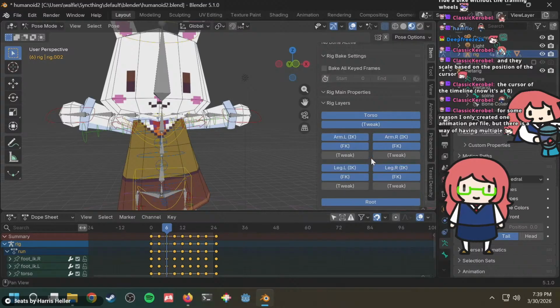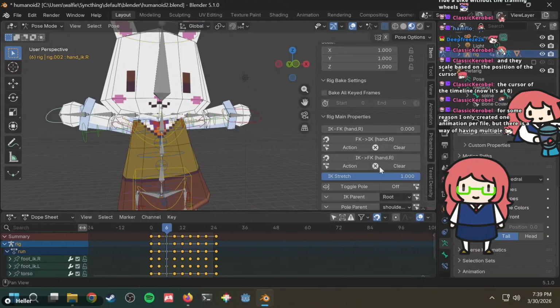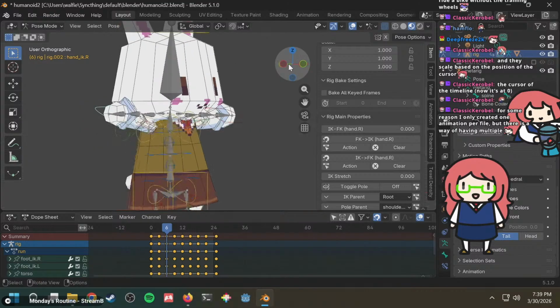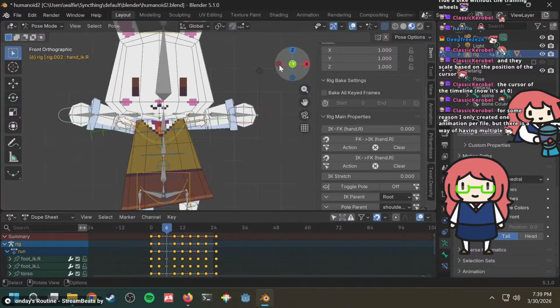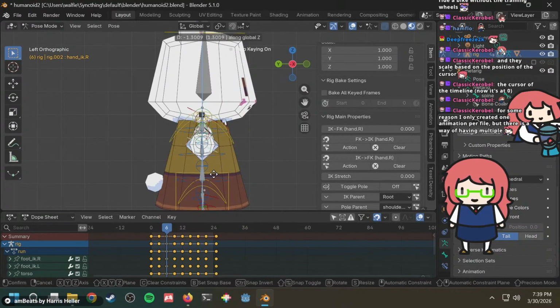Alright, disable IK stretch. Click on this. None of this stuff. None of that stuff. Okay. Also reset everything just to make sure. Okay, so now we do this, grab it down here.